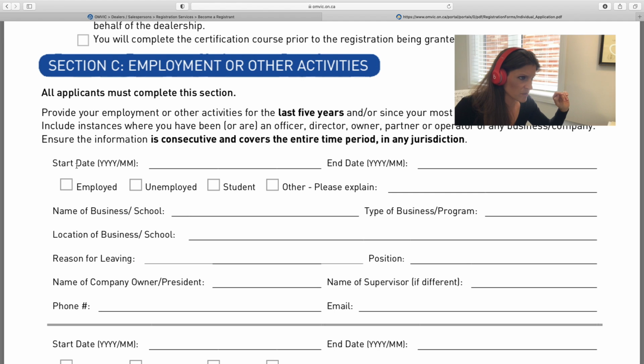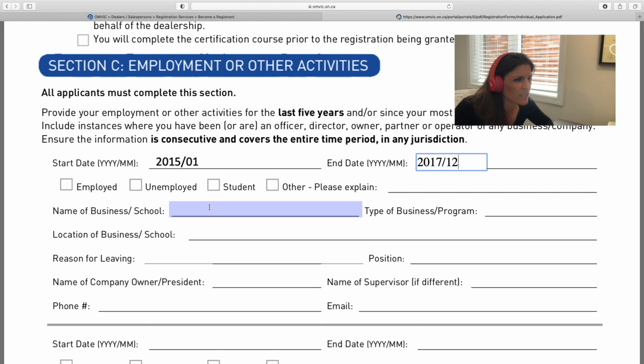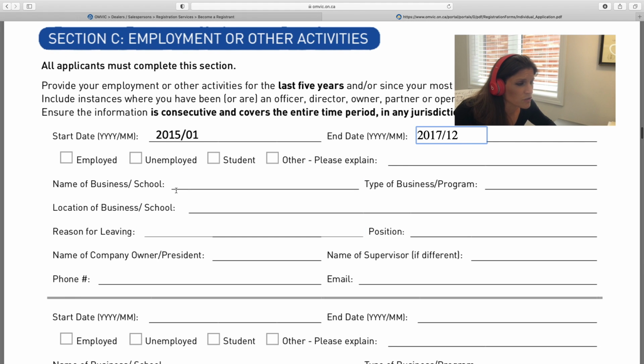And so you do the start date, right? So maybe the start date can be since the past 5 years. I don't know, right? And this is going to be very tailored to every individual. Maybe you were a student, maybe you were employed, were you unemployed, or other, explain why. So if you're a student, you could put the name of the school and the type of program you're studying,